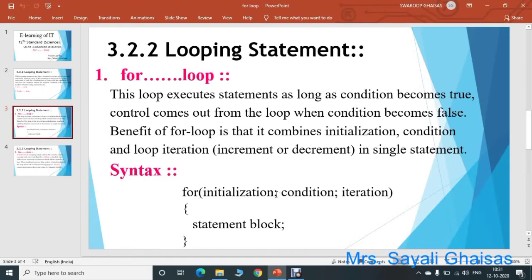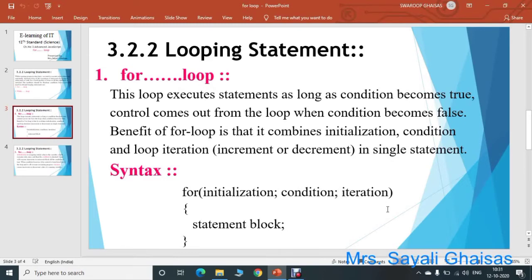After that, a semicolon. Whenever the initialization part is completed, after that we have to specify a semicolon. Then we will specify a condition. The condition could be any Boolean value, that is, its value could be true or false. So that condition can be i is equal to 5, i greater than 10, i less than 5. In this way we can specify any kind of condition here. After the condition also we have to specify a semicolon, and then there will be an iteration.